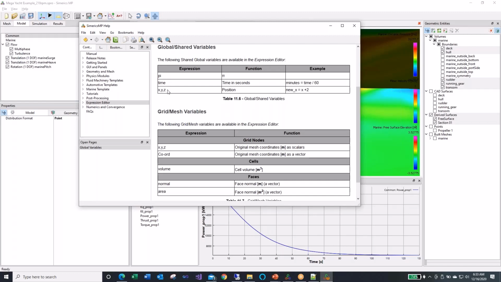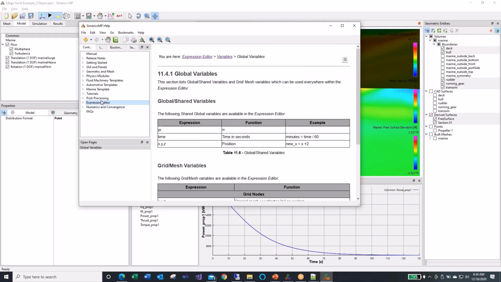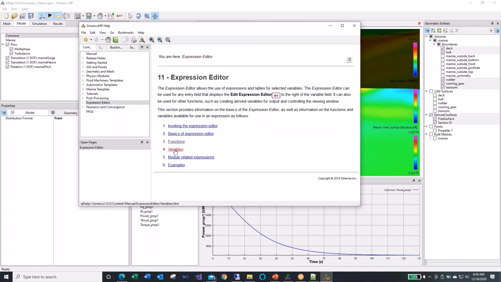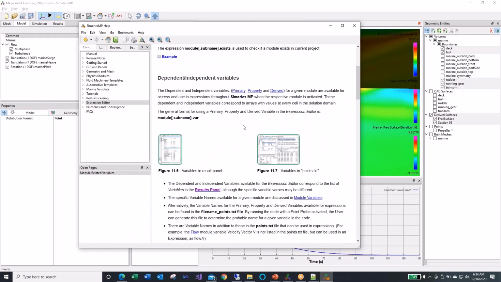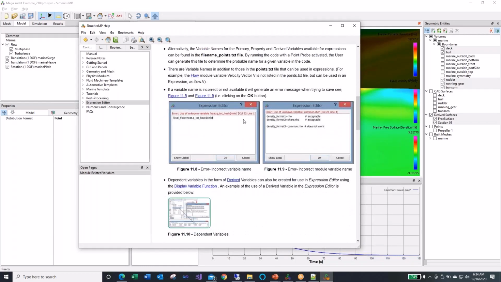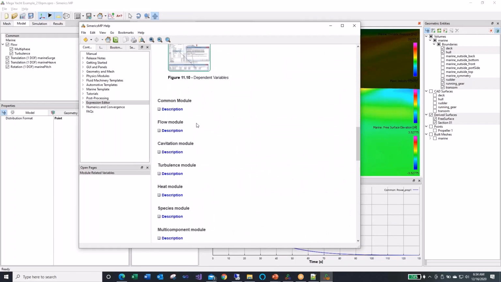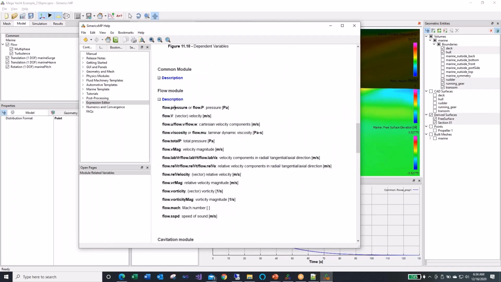If you just refer to something called X, Y, and Z, that is a position in the model somewhere at that given time. So these are globally available variables, but then each module has variables. So for example, the flow module has variables in it. So what you end up doing is if you wanted to see specific variables, you go to that module. So here's the flow module in the help file, and if I go to the description, here's an example of flow variables. So they start, unlike marine dot with the marine module, the flow modules,